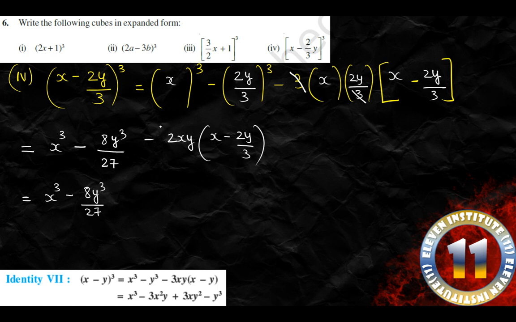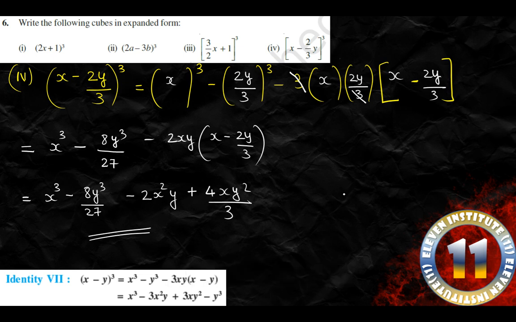Now this first term will multiply, so minus plus we get minus, 2 will remain as it is, x into x will give us x square and y will remain as it is. Next we have minus minus plus, numerator will multiply with numerator, so we have 2 2's are 4, x will remain as it is, y into y is y square, and in the denominator we have 3 which does not get cancelled or multiplied. So this is our final answer. Please pause the video and write this down in your CW.